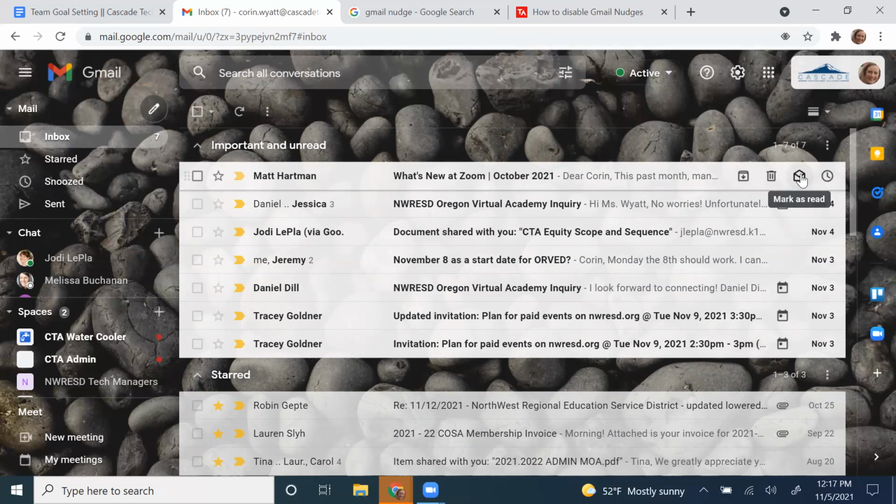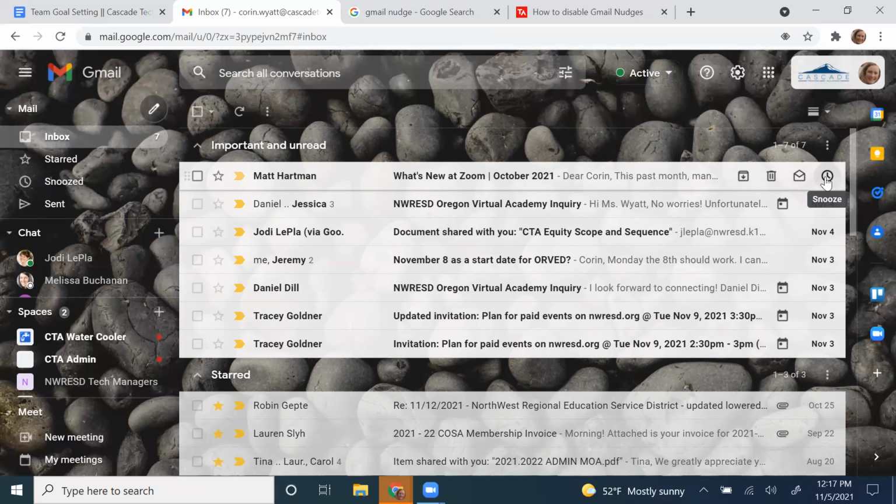You can mark this message as read, which again, priority inbox. I like my messages that are important and unread to be at the top. And so this will allow it, if I've already read this message, to also then, sorry, in this case, it says mark as read. In a read message, it says mark as unread. So it's a good way to organize your mail in a way that matches your workflow.